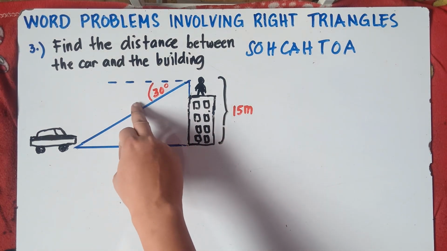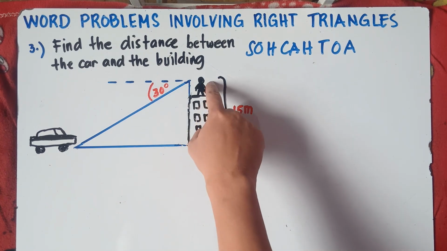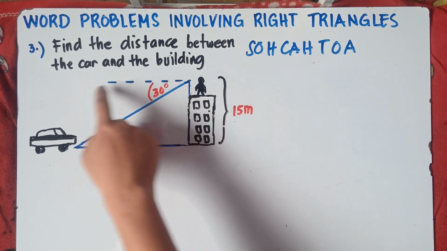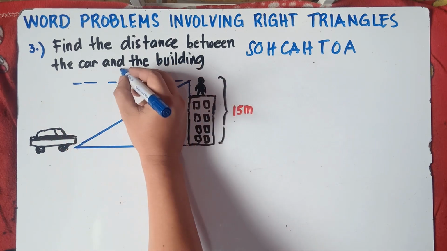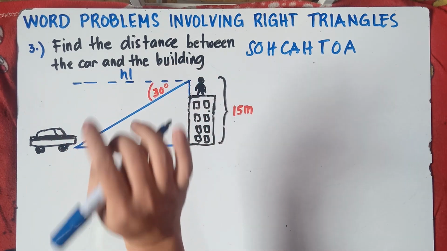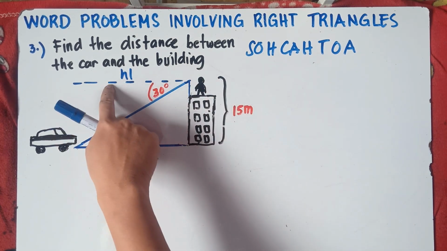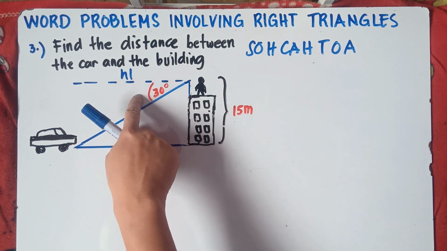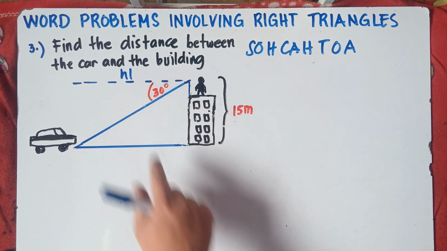Once again, class, this angle is what we call the angle of depression. This is the observer, level to the eye of the observer. This imaginary line right here is what we call the horizontal line of sight or horizontal line. Level to the eye of the observer is the horizontal line. The angle below this horizontal line is 30 degrees. This angle is what we call the angle of depression.